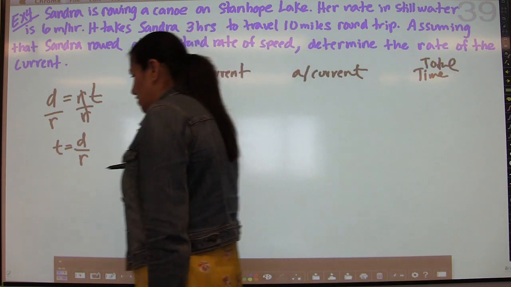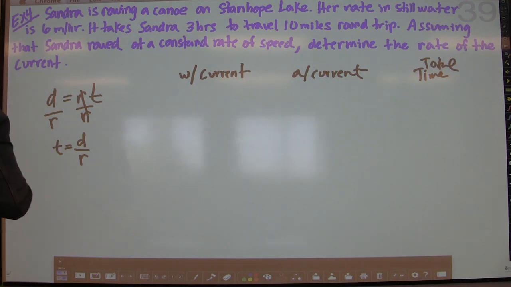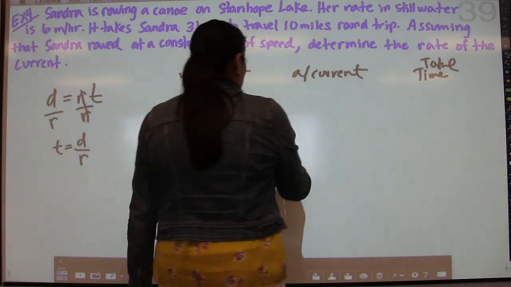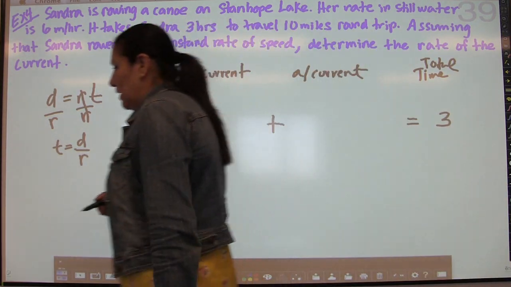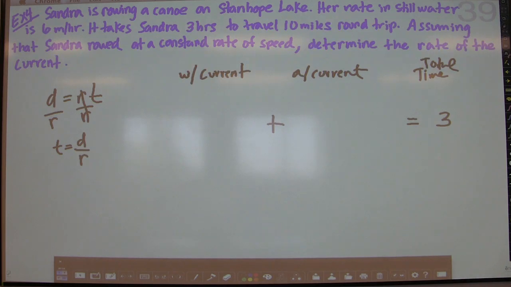Nice little story here. When you know that the total time is going to be 3 hours, we're going to add and equal 3. We're going to end up with 3 eventually. So what we get for the first part, with the current, is if you use this formula here: time is equal to distance